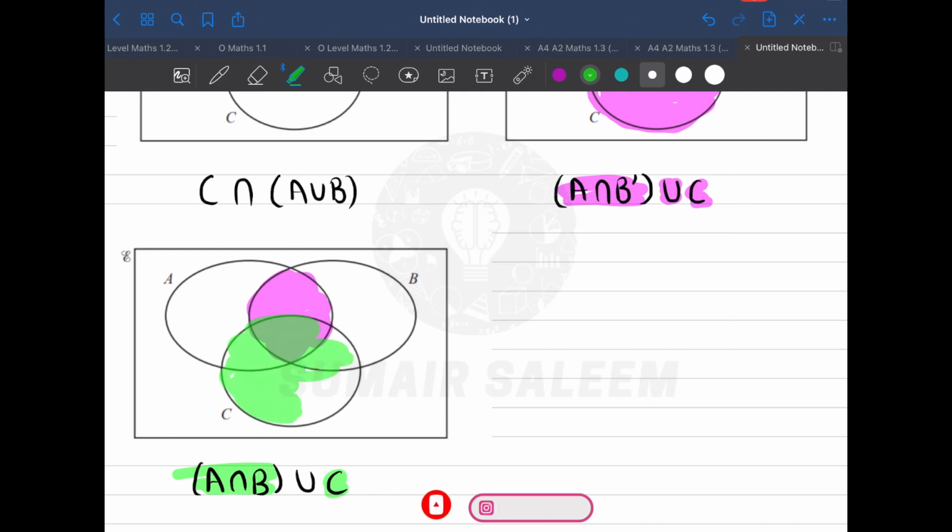Got this, guys? So, in short, what did we learn? If it's union, just shade the first thing and the second thing. If it's intersection, write letters in the first one, numbers in the second one. The area which has numbers and letters both, that's your answer. So we're going to end at this point, and in the next video, I'm going to talk about